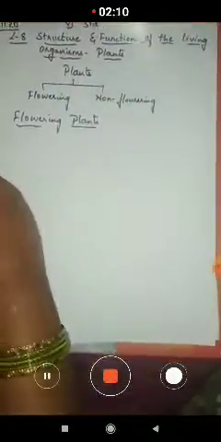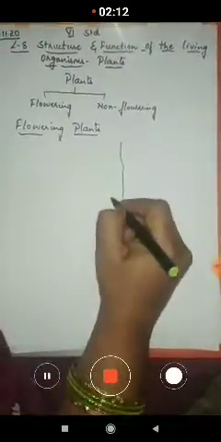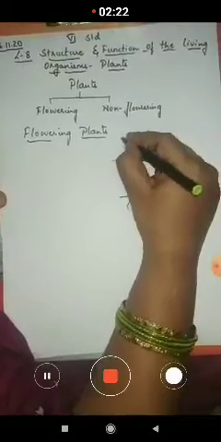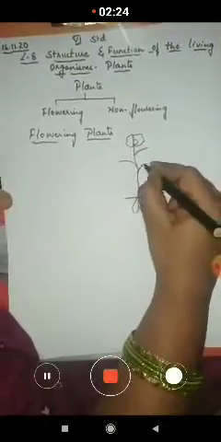So similarly here, when we see the structure of the plant and I draw the plant, you can observe the root, the stem and the branches, and you will observe a flower and a